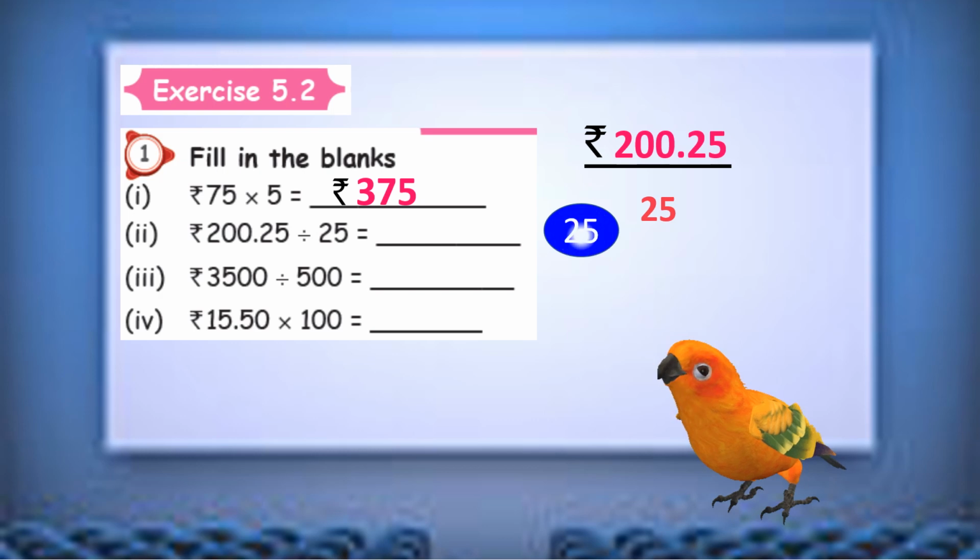Just see at one glance. I have selected 25 as a common table, and 25 one time, and in the numerator let us cancel with 8. So 25 8s are 200. So do the calculation in mind itself. 25 4 times is 100. So 25 8 times is 200, right? So cancel the 200 and mention 8.